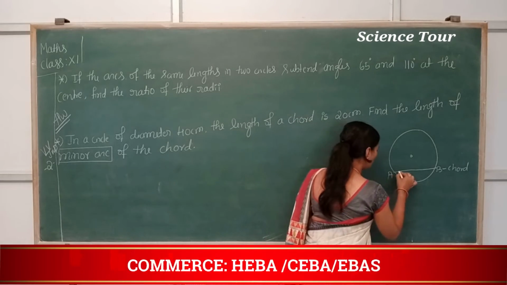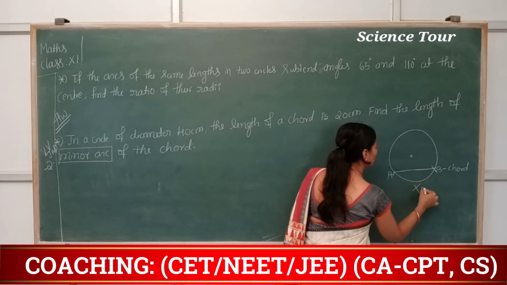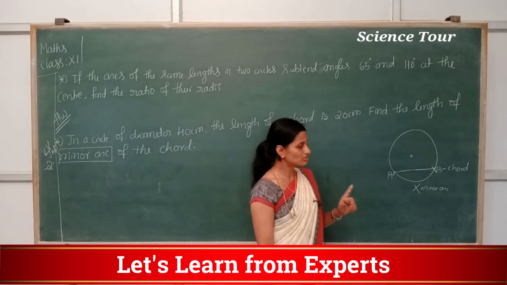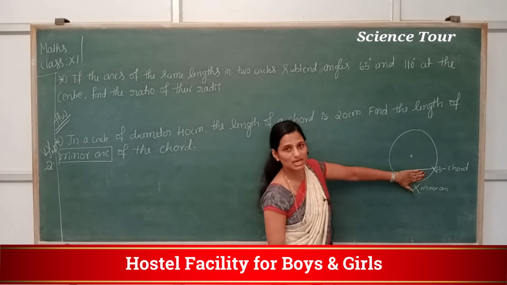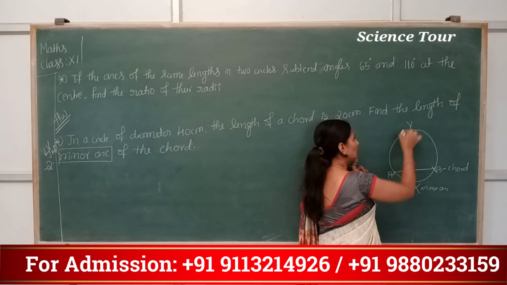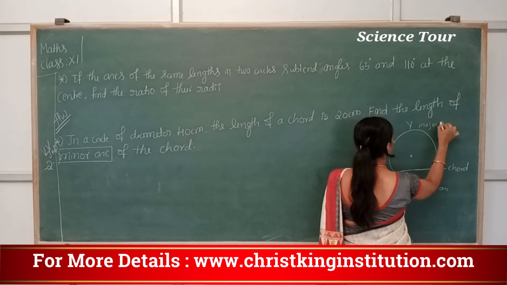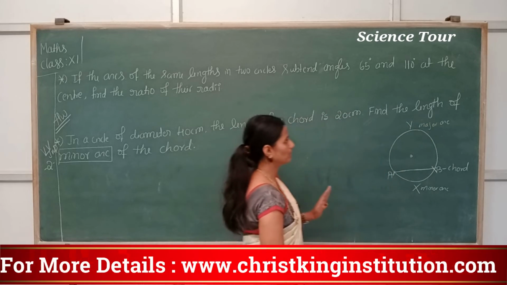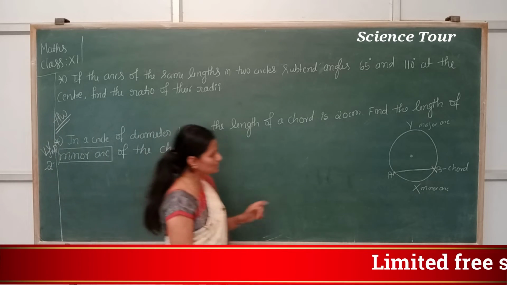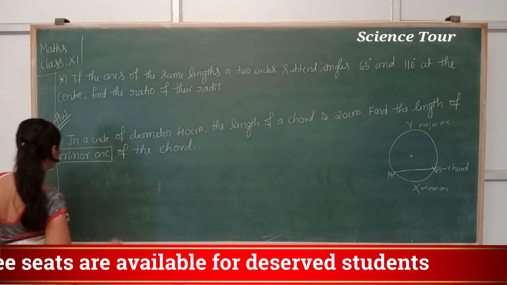See, this is the chord AB. So this AXB is what? Minor arc. Correct? This is the minor arc. And the minor segment, this part is the minor segment. Now which is your major arc? Major arc is AYB. This is the major arc, right? Now we don't want that major arc. I need the length of the minor arc. Length of minor arc means the length AB, question mark. So how to find that one? I'll draw this one again.